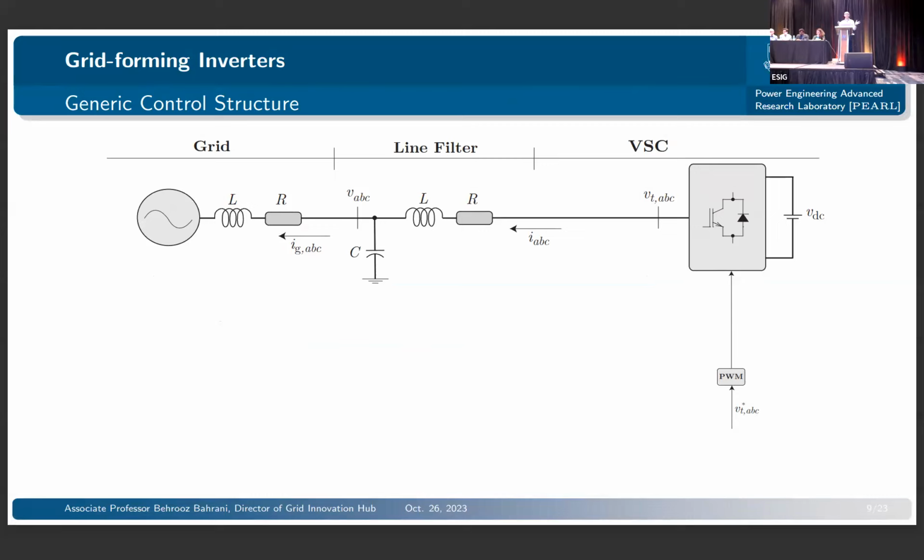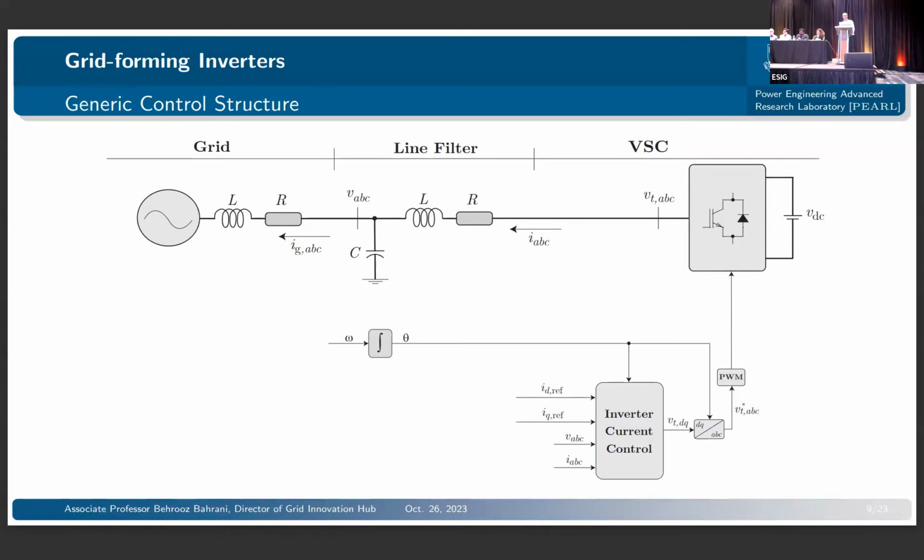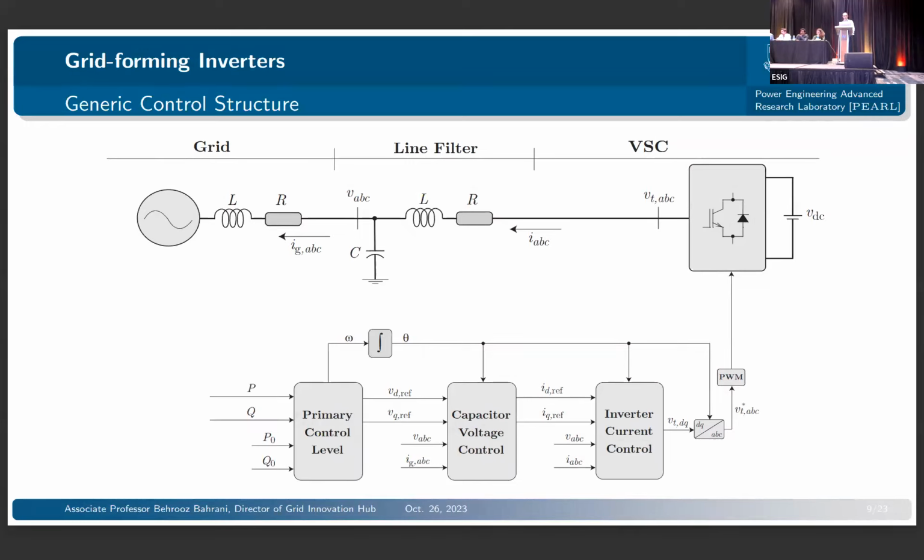Like I said, there are a number of different structures for grid forming inverters that you might have seen in the literature, but this one that I will be presenting here is probably the more accepted version, where you typically have an internal current controller which regulates the inverter current, and the references for that current control are typically given to you by a capacitor voltage controller, which controls the voltage at the point of connection. Now, the references for this voltage controller are given to you by a primary loop. The primary loop is at the same time responsible for generating the frequency, or the omega, that you would require to go to DQ frame in your control blocks.